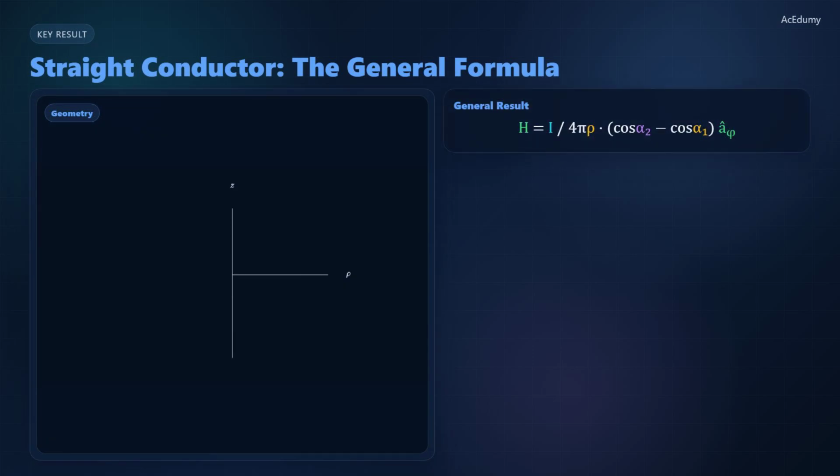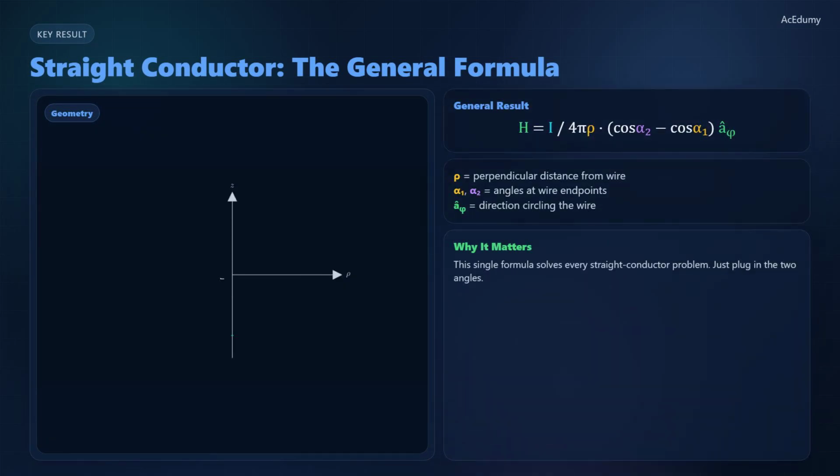Now let's apply Biot-Savart to the most common case, a straight wire carrying current I. Place the conductor along the z-axis and pick a point P at a perpendicular distance ρ from the wire. The wire extends between two endpoints. We define alpha 1 as the angle at the lower end and alpha 2 at the upper end, both measured